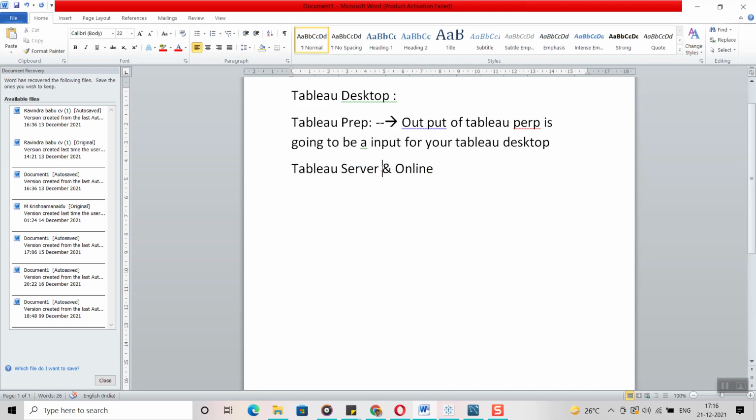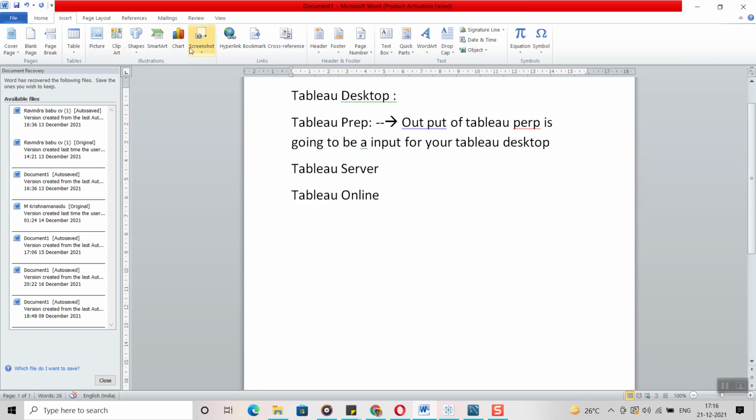See guys, these two are going to work similarly. Why I am saying similar is that both are used to share the data with end users.